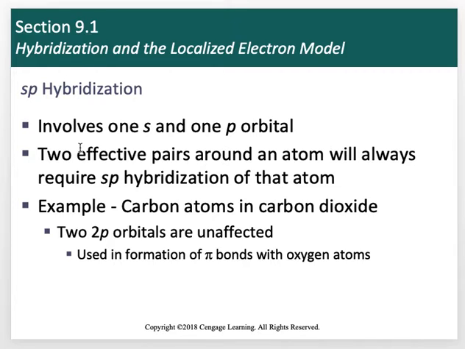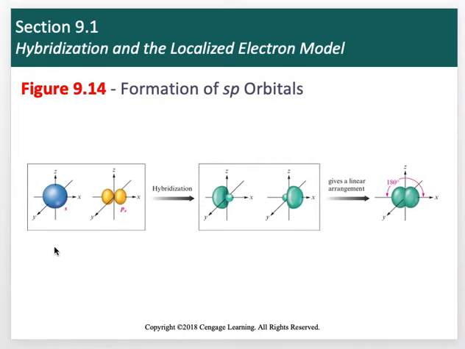Carbon dioxide, we know that we have carbon in the center, oxygens on each side of it, doubly bound to that carbon. So we know that's a linear molecule. There's double bonds, so we know there's 2 sigma bonds and 2 pi bonds. How did we get that? We get that because there are 2 unhybridized p orbitals in the carbon. So let's look. Here's our singular s and our singular p. They hybridize. We have 2 atomic orbitals go in, 2 hybrid orbitals have to come out, and so they make